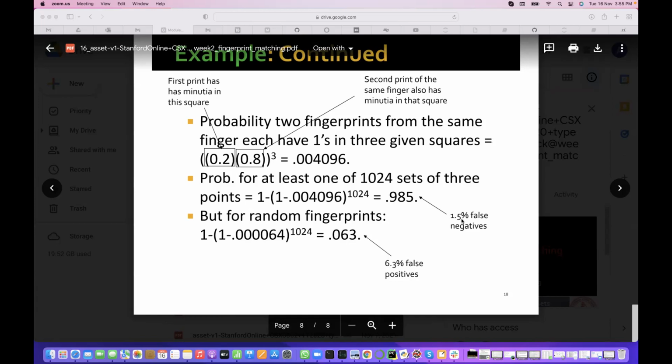If you use this method, you may miss 15 out of 1,000, even though they are similar, because they may not come into the same bucket. That is nothing but 1.5% false negatives happening. Even though they are not similar, they fall into the same bucket 6.3% of the time. So 63 out of 1,000 you may get, though they are not similar, but they are falling into the same bucket. Meaning 63 will be wasted for your computation. So this 15 out of 1,000 you will lose.